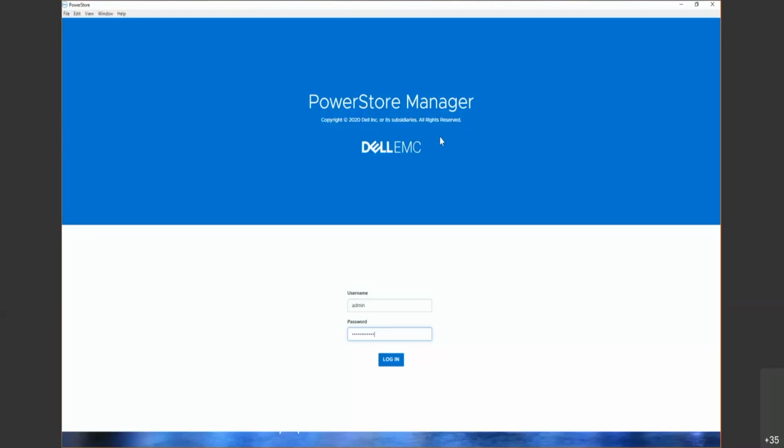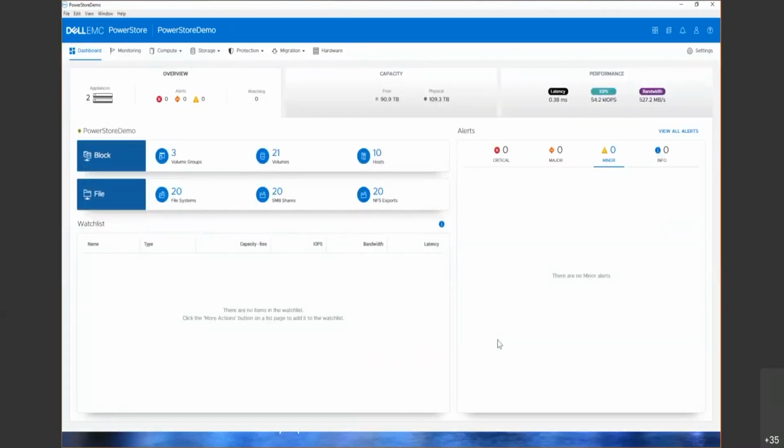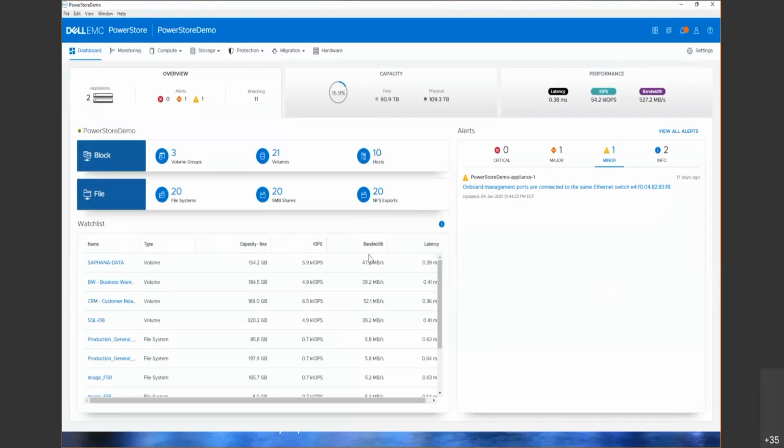This is the PowerStore Manager UI. Let me just log into that. And some of you, if a lot of this looks familiar, especially if you're familiar with Unisphere Manager, a lot of this will start to look very familiar because Dell is really trying to bring a uniformity to their management platforms. So what the PowerStore management platform does is it gives you the total overview